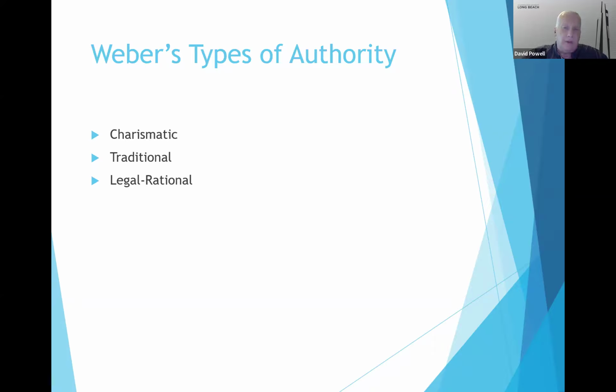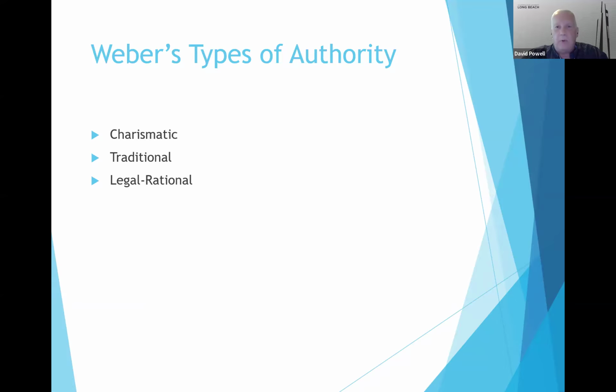So organizations have this inherent ability to, we'll use the word coerce, people to take certain types of actions and to influence people. So if these organizations have this type of authority, the question is, which is the preferred type of authority to have? And Weber certainly had his own idea in terms of which of these types of authority would be the preferred type. So in his writings, he identifies for us three different types of authority or three different types of power.